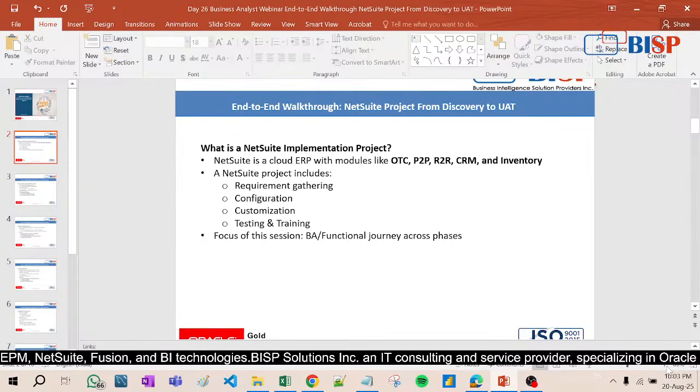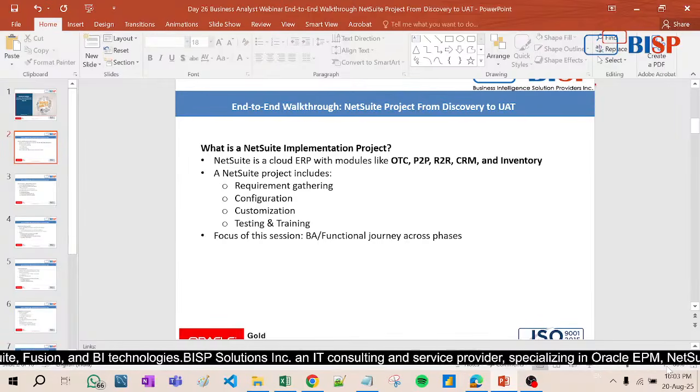Now let me give you the scenario first, then only we can understand this. Let's suppose a company is using some application, not NetSuite, any other application like Python software, anything. For the last 20 years they have been using that, and now they want to switch from that application to NetSuite because their business has grown and they have so many subsidiaries and branches in many countries, all these things. Now they are trying to switch to